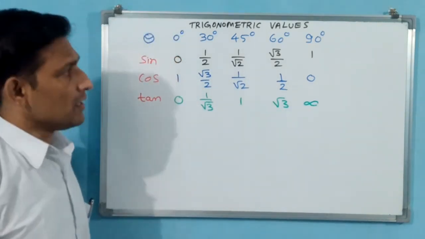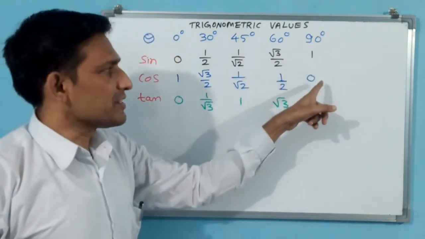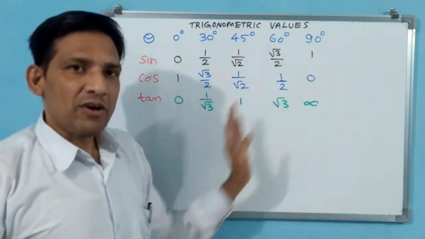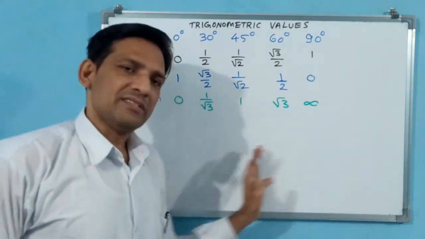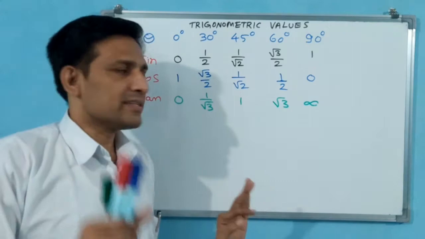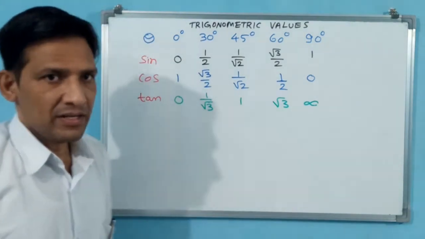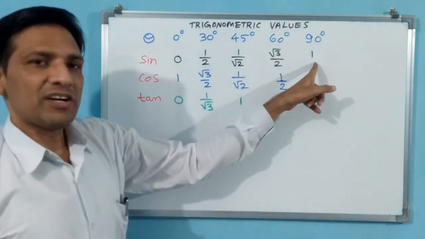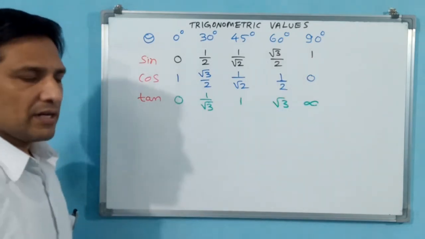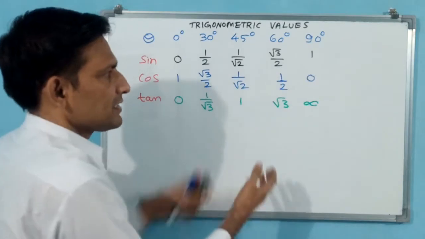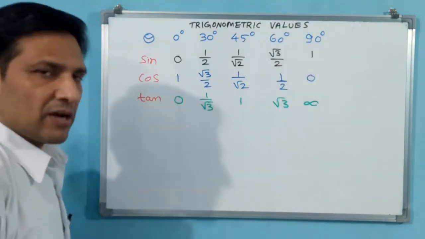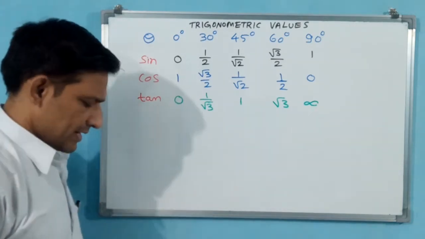Why? Because 1 is a constant here. Constant divided by 0, you can write infinity. If the numerator is not a constant, and some expression or equation is divided by 0, then you write undefined. But clearly this is a constant, so infinity you can write. But keep in mind what that constant is. When you want to reverse it, automatically 0 you have to write: 0 divided by constant.